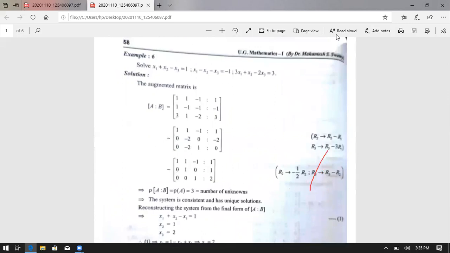Once again, see this one. The equations are all the same, but only the variables change: x, y, z, or x1, x2, x3, or w, x, y, z, any one you take. First you take the augmented matrix, after that the row reduced echelon form, using row operations only, not column operations. Then reconstruct the equations. Finally you get the x, y, and z values, or x1, y1, and z1 values. Thank you for all.